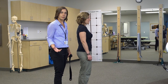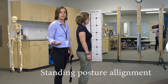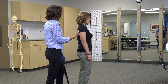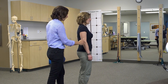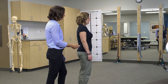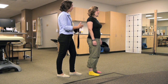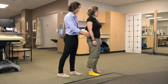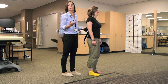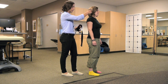So right now we're just going to give a brief education on standing posture alignment. And this is most easily understood if you approach it looking from the side. There are 5 landmarks on the human body that should be lined up in a vertical line. And for a lot of people, these 5 points are kind of more in a zigzag type shape. For ideal alignment, you want to stack up so that's a straight line, so that when gravity is working against your body, it's creating less stress on the joints and soft tissue if it is stacked up vertical versus that